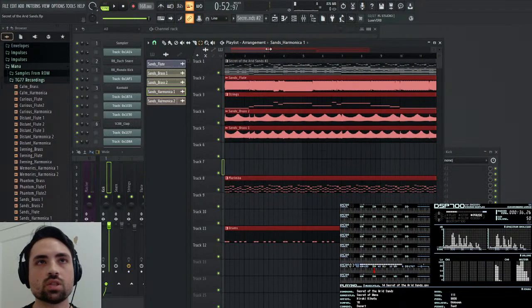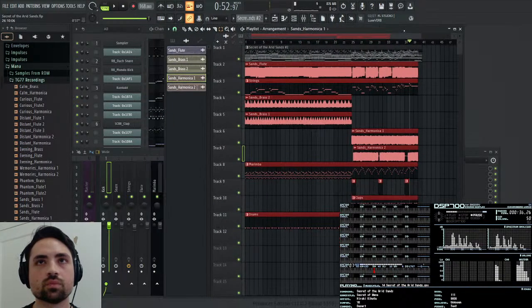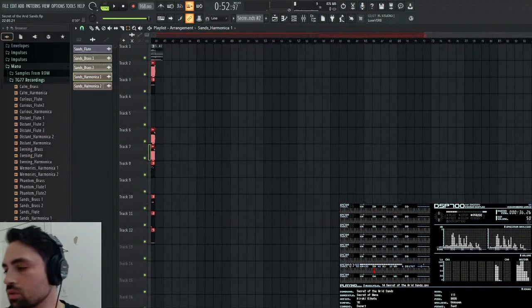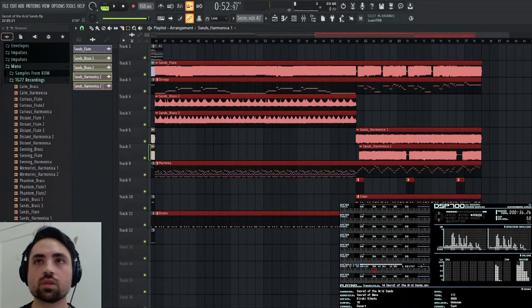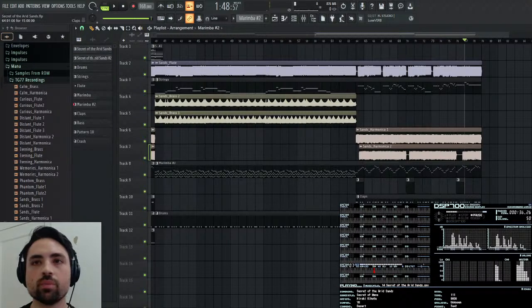So let me zoom out here. Copy and paste. So now I'm gonna make unique the, let's see. So this would be actually a really good ending. Just make unique the marimba.